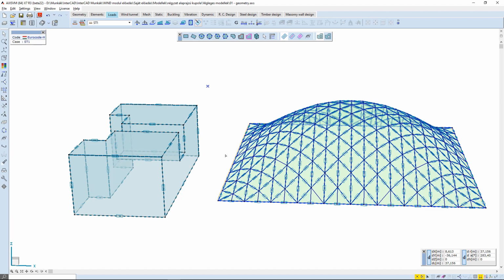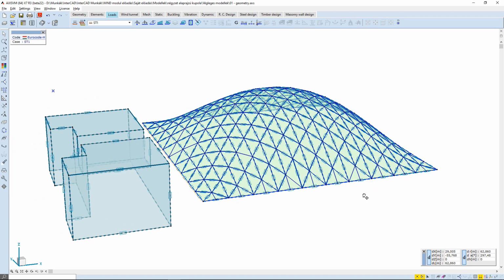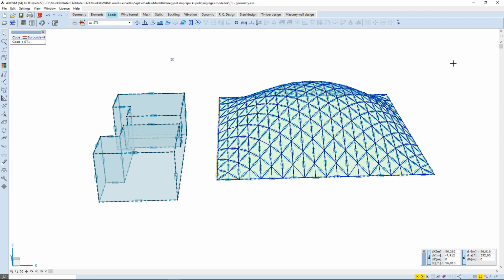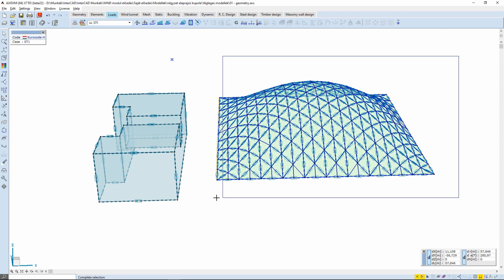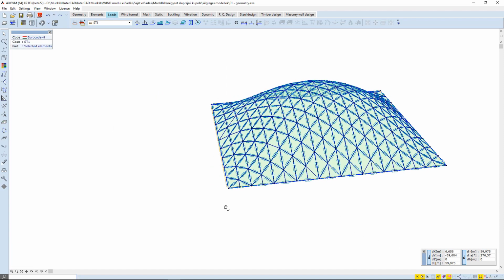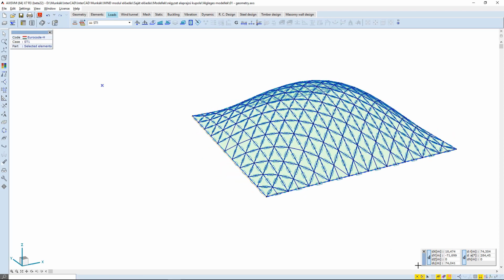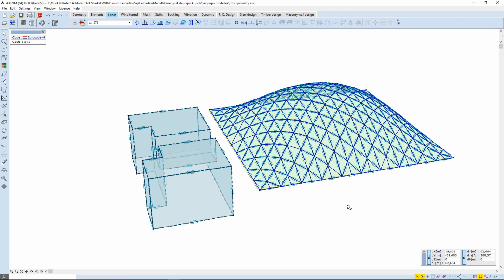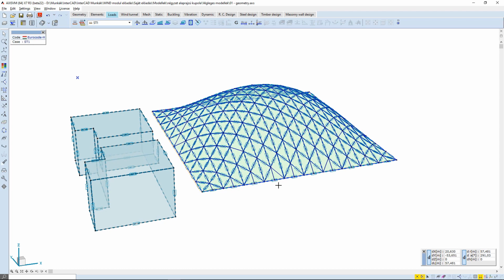The simulation can be run on a selected submodel where only the displayed details are involved in the calculation. Thus, for example, I can perform a simulation on this single model with and without considering the neighboring building's impact. It's advisable to ignore details on the structure that are not relevant from the perspective of the wind load. Many small details can unnecessarily slow down the calculation and may even cause convergence issues. Currently, there are no details that I want to ignore, but for a model with many details, this is a